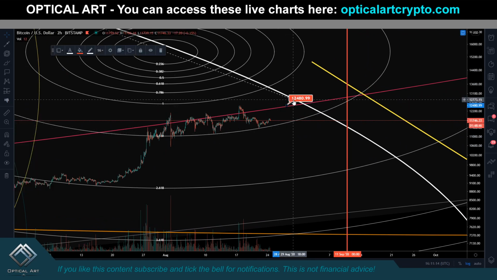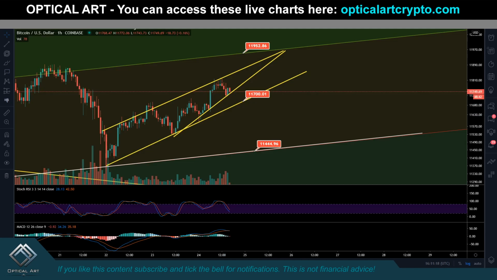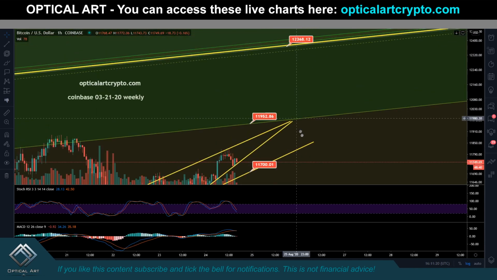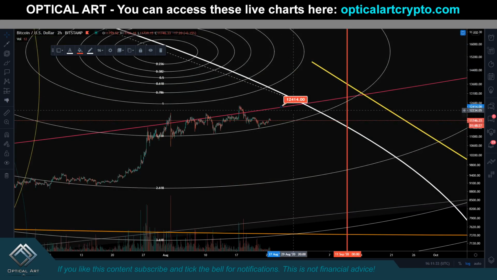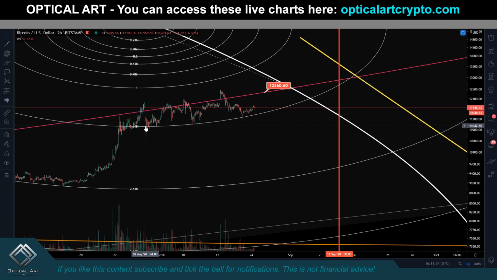your resistance above is right here around 12,414. Notice that is close to where this trend line goes back since 2011. Watch my previous videos if you want to understand why this is such strong resistance. But you'll notice, this would be your upside target around 12,360, but every time we hit this ring we